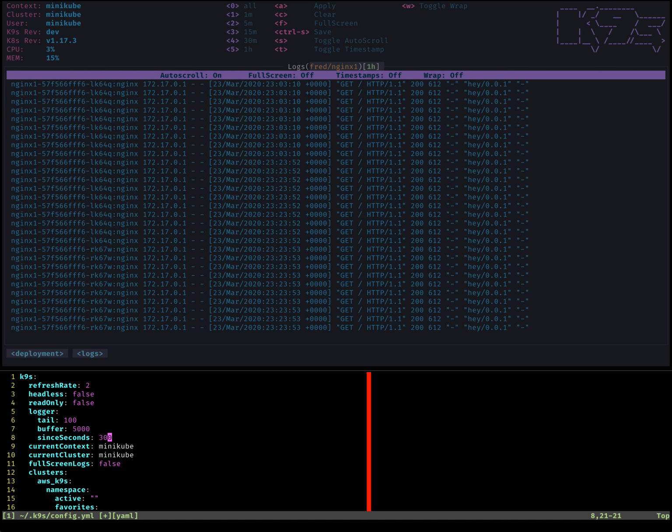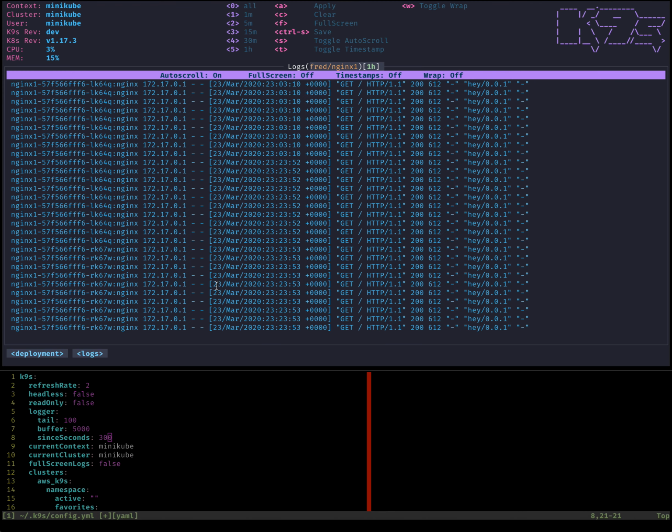Obviously, we are in K9s showing logs at the resource manager level. So if you have a large deployment, you want to be careful with those settings so that you don't overwhelm the views by trying to display too many logs if your services happen to be super chatty.